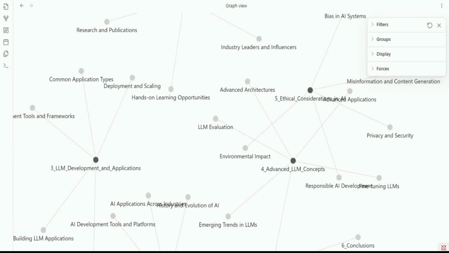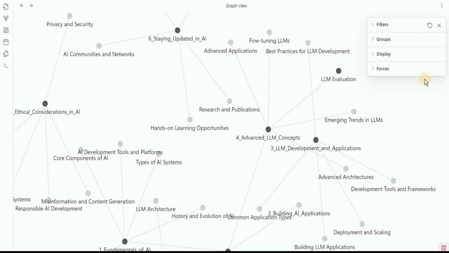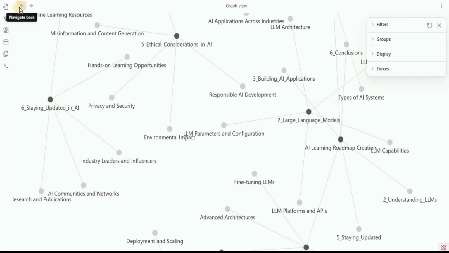Now that we have our roadmap and the graph, if you want to learn any new concept about the large language model, you can easily look around that. And if you have read something about some part, let's say LLM evaluation, then you can simply click it and write your learning notes right here inside it. And they will be available for you the next time you click the LLM. So if I write something right here, and then go back and click on LLM evaluation once again, my notes will be present right there. This means that once you have a clear roadmap, you can learn anything faster.